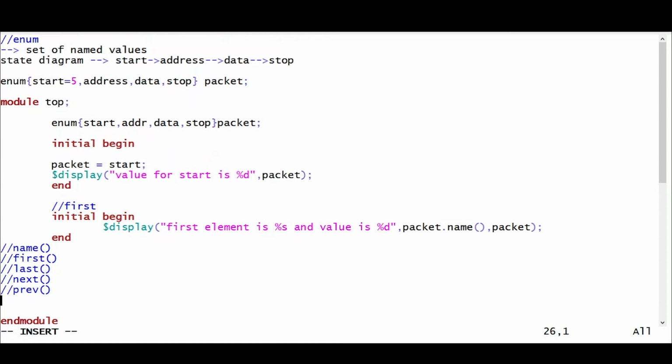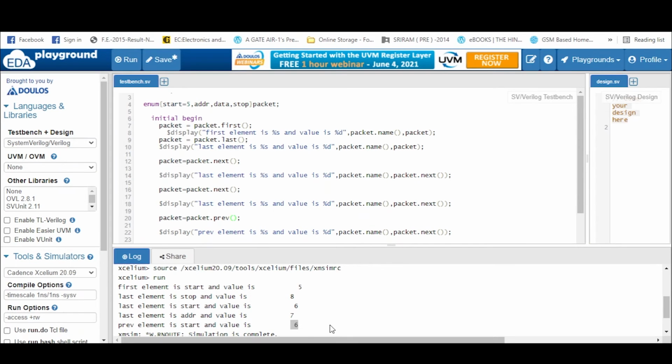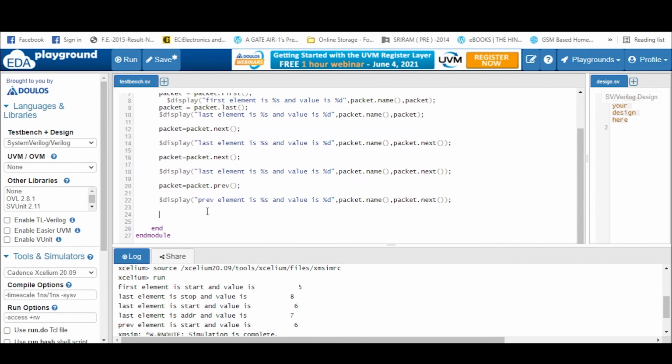If you want to see the number of elements, there is one more method which tells you the number of elements present in your enum data type. So let's go and see this. We will directly call a display statement, and in this display statement we will write number of elements is, and then call the packet dot num method.